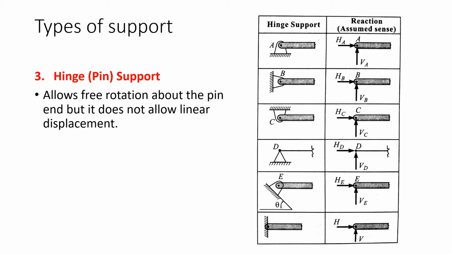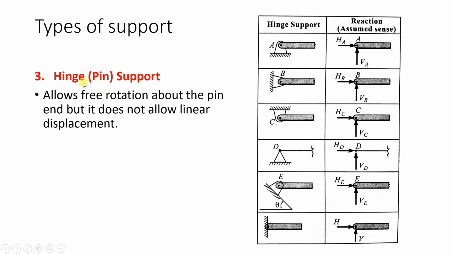Yes, what will be there in the middle of a door? A hinge will be there. Okay, so that door can rotate about the hinge, but can you move the door in the horizontal direction? No. Can you move the door in the vertical direction? No. It can only have a moment. That is why in the reaction we don't have a moment. We have only reactions of horizontal and vertical components.